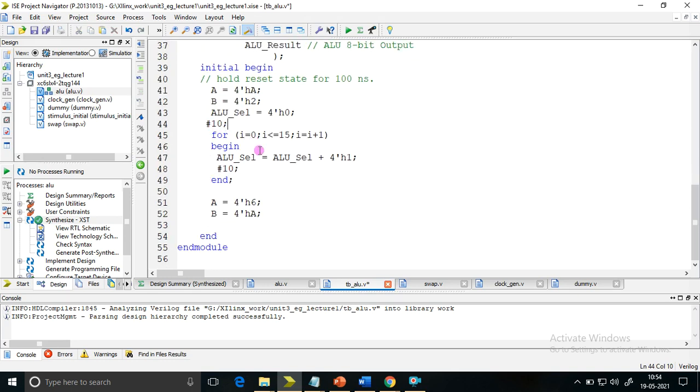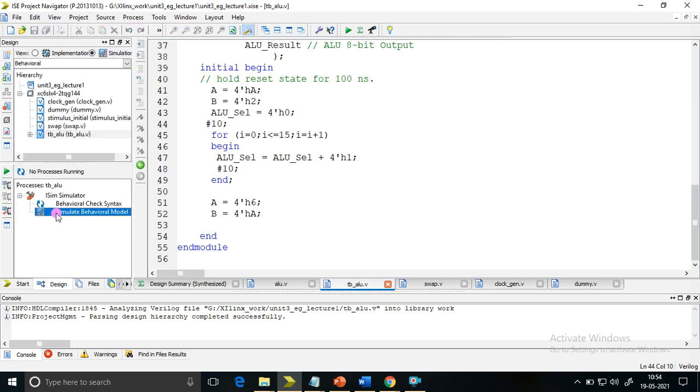After 10 time units the for loop starts executing. There is a for loop written, so 16 times it increments the select line of the ALU, so that the ALU operation goes on switching, and your A value and B value remain the same. Okay, so save it.